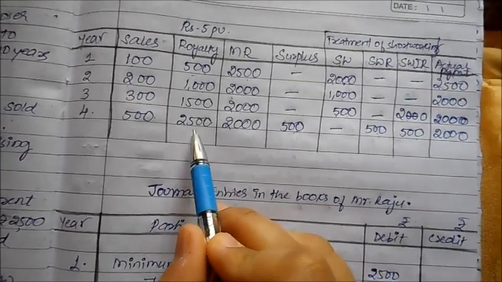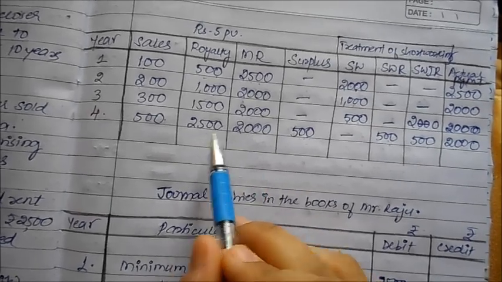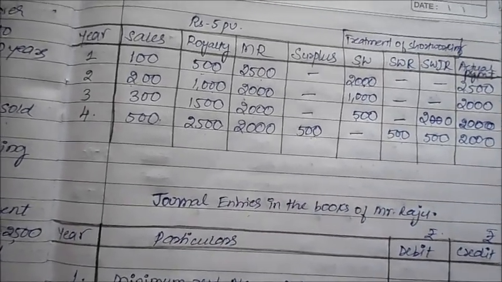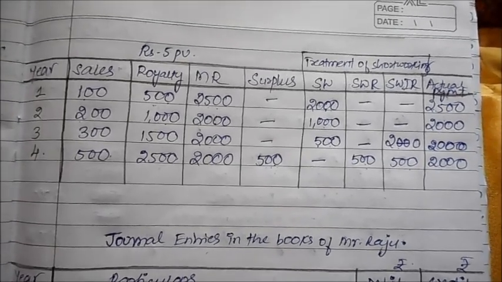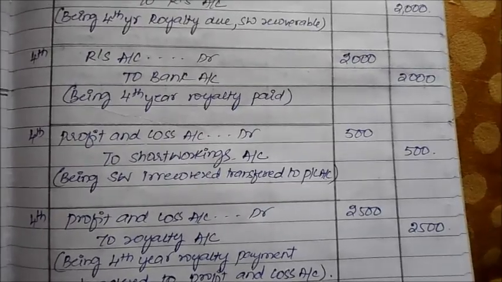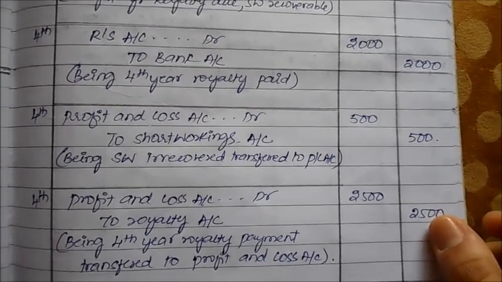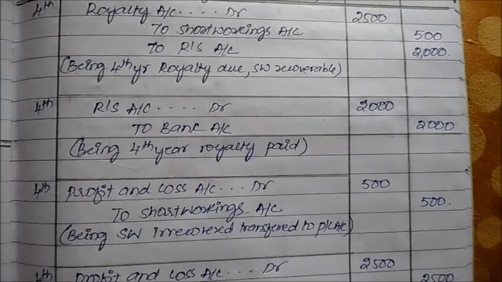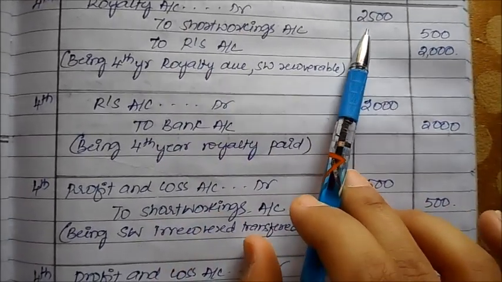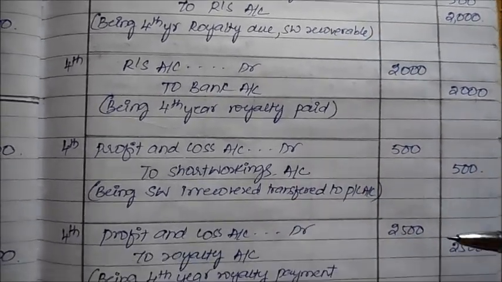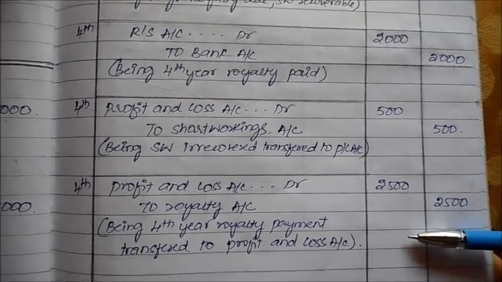Here, between royalty and minimum rent, whichever is the highest, that one gets transferred to your P&L account in the form of royalty. Okay, this is what is taken care of. So just in case any student is confused about why we have recorded 2500, it is because very clearly in the very first statement we have already mentioned how much royalty is there in the particular question, and the same amount will get transferred to your profit and loss account also. Okay, if I am clear till here.